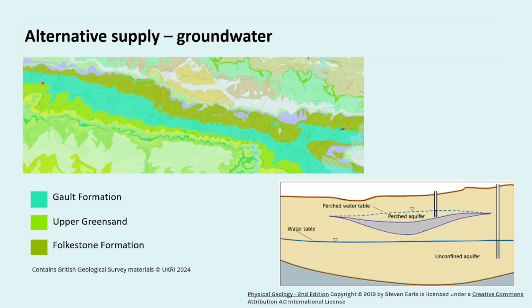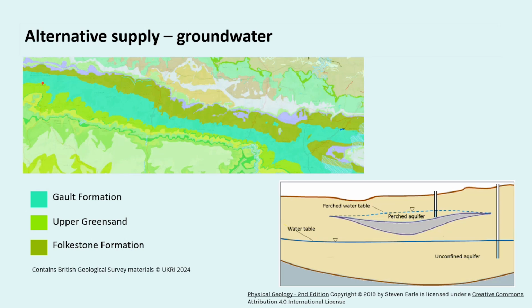For example, and this is the case of a project that we've worked on, a farmer could install a borehole into the perched aquifer to supply water for cattle drinking and irrigation that would otherwise come from the potable system. And so the reduction in demand on the potable network was then used to offset the additional demand from the new housing development. In such cases, developers and farmers may come to a direct commercial agreement, or a third party such as a drilling company may act as a broker.